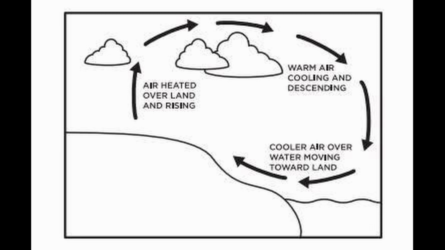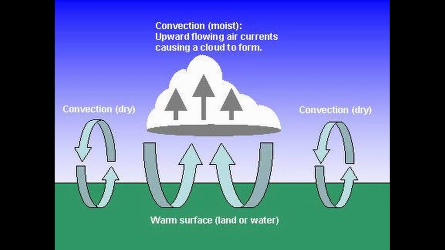In much the same way, gases also get heated up by convection. For example, let's take when you are burning wood or coal. What happens in that case? The air above it becomes hot, and because it becomes hot, its density decreases, it will move up and cold air will come down. In the same way, the land breeze and the sea breeze, which you have already read in your previous classes, are also examples of what?